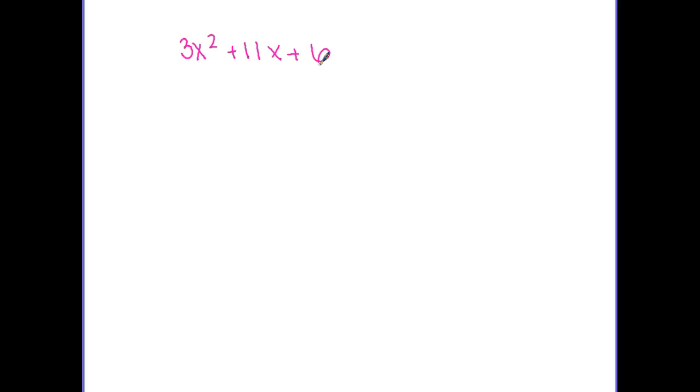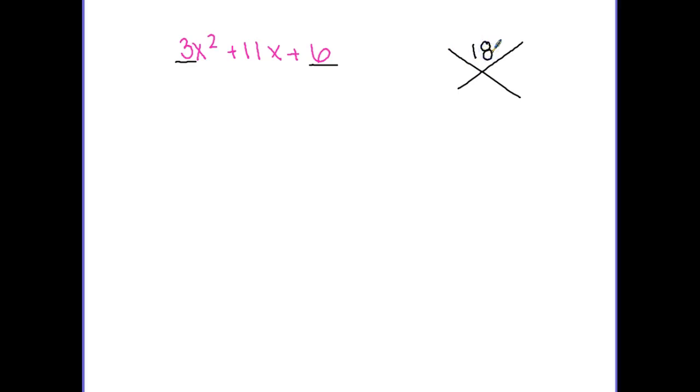On this problem, my a value is a 3. That changes the magic x so that the top number is now the first term times the last term. Which technically it's been the whole time, it's just that the first term has been a 1. So now it's 3 times 6,